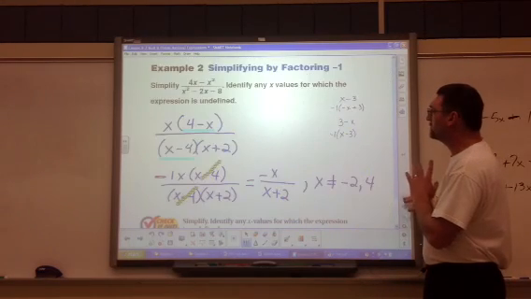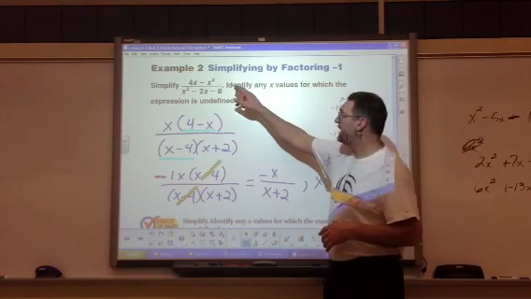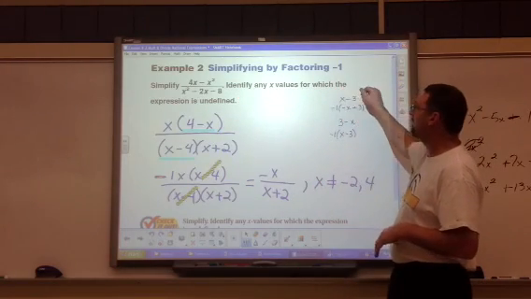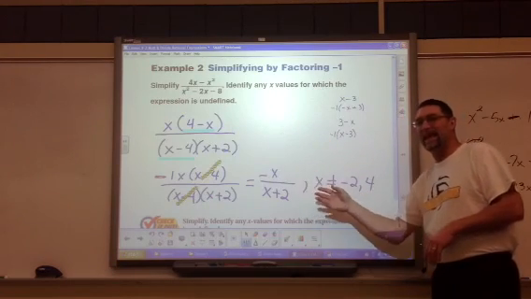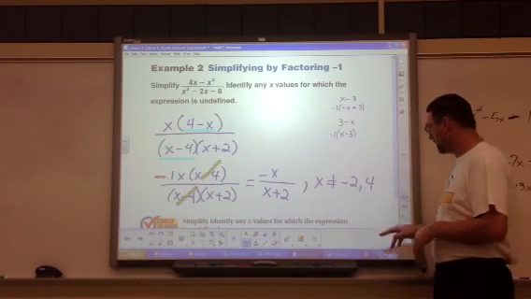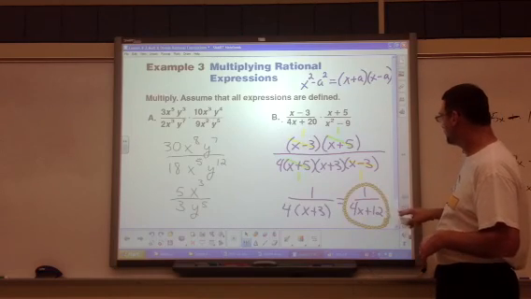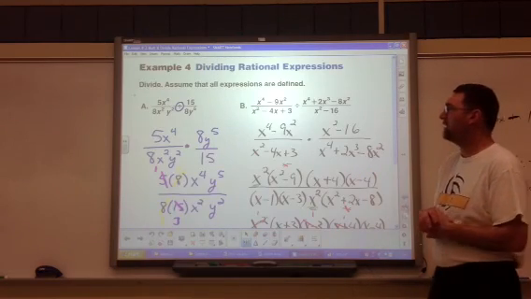So before we go to the last one, let's go back for a second. Anytime it says identify x values for which the expression is undefined, you've got to say, at the end, x cannot equal these. But when you're doing multiplication and division, most of the time they're going to tell you